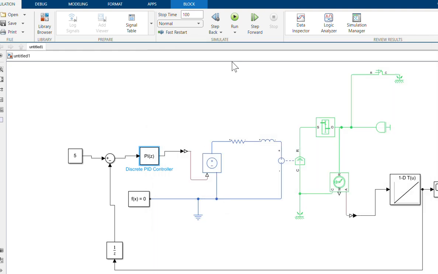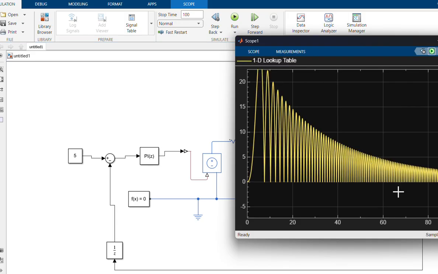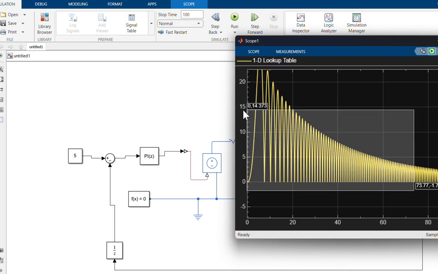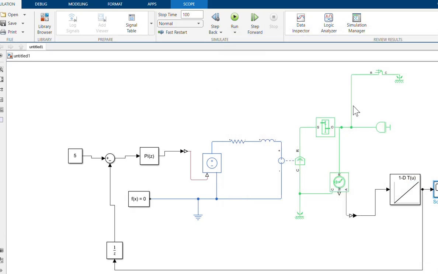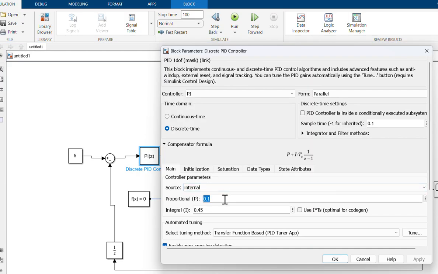0.1. Run again, scope, again, and then again.